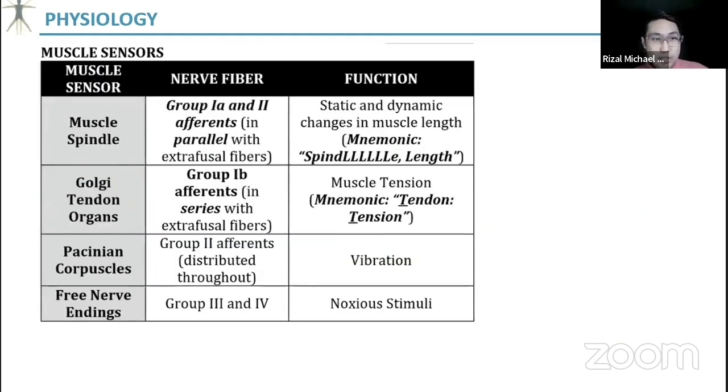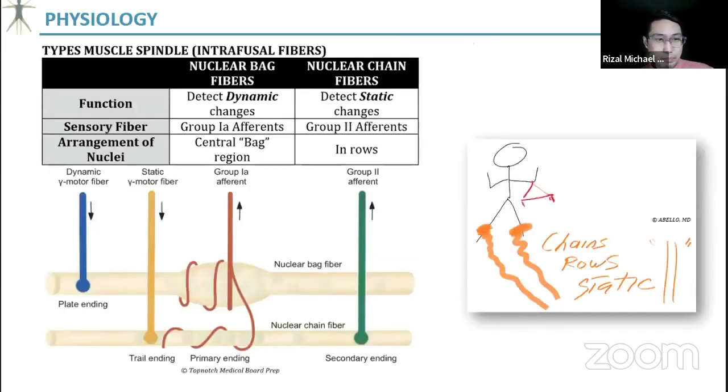Yan. So muscle spindle, L. So spindle is for length. And then once nasobrahan ka na ng contraction and tension, you will activate your Golgi tendon kasi siya nag-detect ng tension. Okay? So again, afferent mo is 1A and 2 for muscle spindles. And then Golgi tendon is 1B. So this one is one of my, pardon my drawing. Pero yan yung drawing ko since nag-aaral ako ng board. So never ko na siya pinalitan.